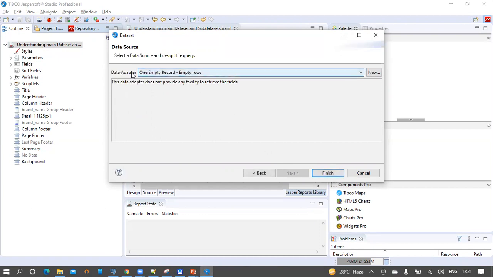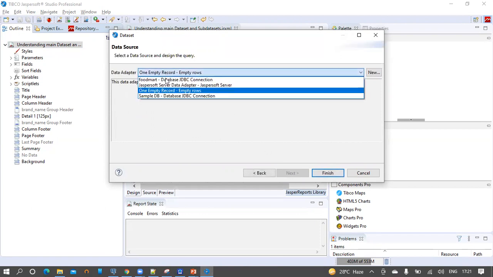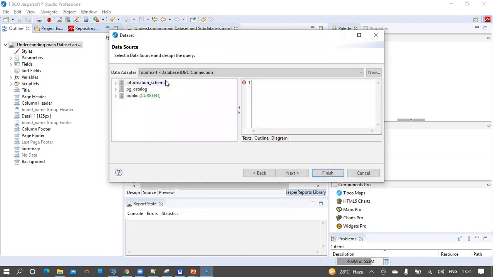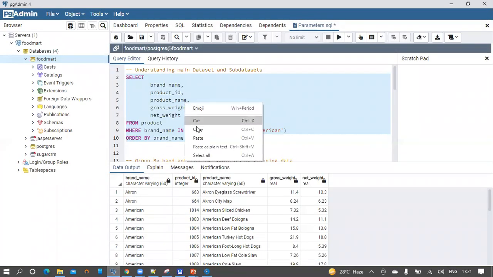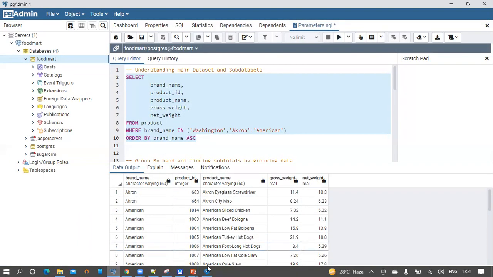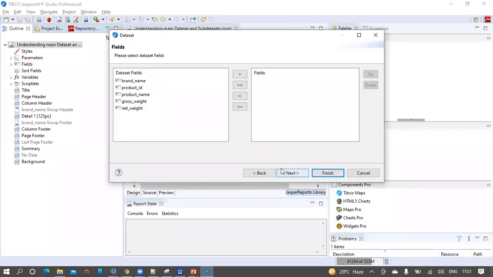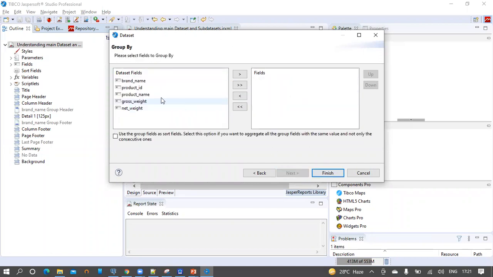Then from the data adapter dropdown, again select the FoodMart database and provide the same query that we have taken for the main dataset. So I'm going to retake this query for the subdataset and click on Next. Then push all of the fields from the left window to the right window. Click Next.